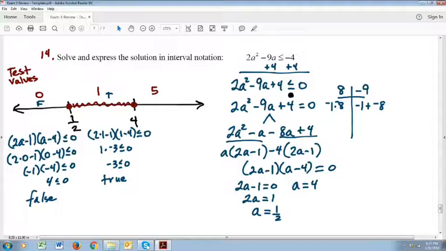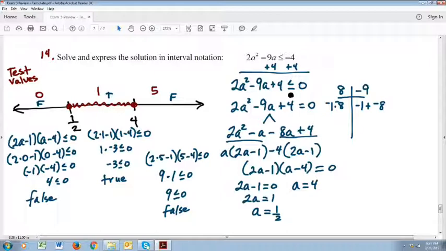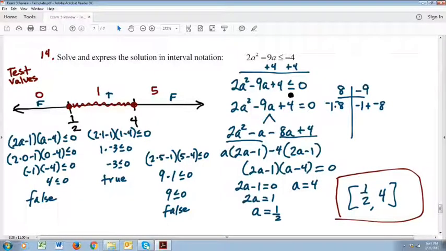And then let's go to test 5. So we're going to get 2 times 5 minus 1, which is 10 minus 1, or 9. 5 minus 4 is 1, so 9 times 1 is less than or equal to 0. That would be 9. And that's not less than or equal to 0, so that's false, and we will not shade that interval. So our solution is going to include our points, our borderline or boundary values, and then everything in between. So that's going to be 1/2 to 4,